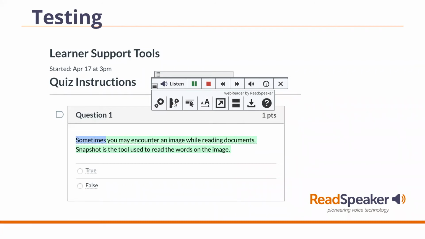Our ability to read tests is in all LMSs. And let's see, let me get them right here. Blackboard, Canvas, Moodle, and Open LMS, you will see webReader, which is right here. However, when you are in D2L, for right now, we have the Bookmarklet, and I'll show you that in just a moment. But coming in the fall, that might be changing, and I'll talk more about that in a few minutes. We do work with Respondus Lockdown Browser, and we are compatible with Honorlock.